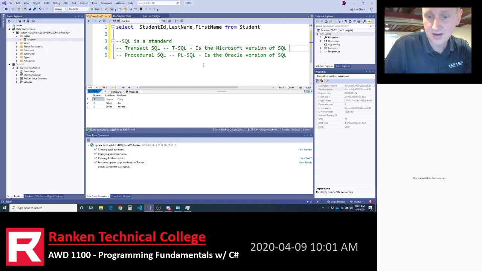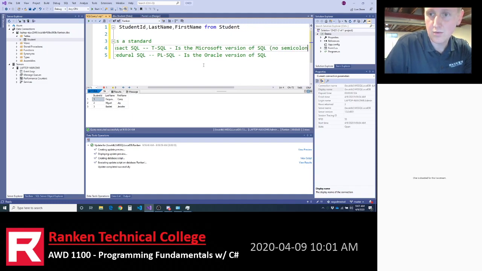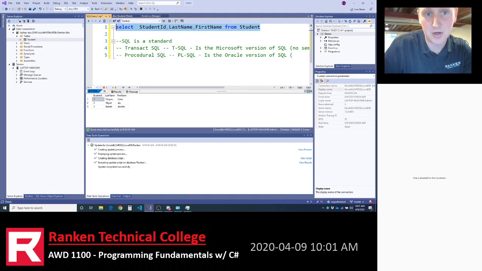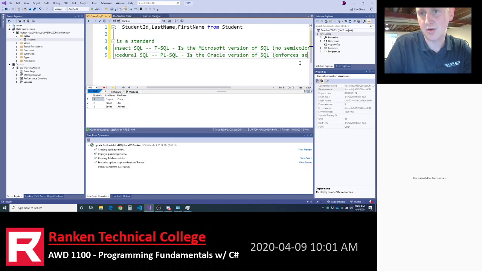And Transact SQL actually does not enforce semicolons. You notice I did not write a semicolon here. One of the big differences is that procedural SQL enforces semicolons.